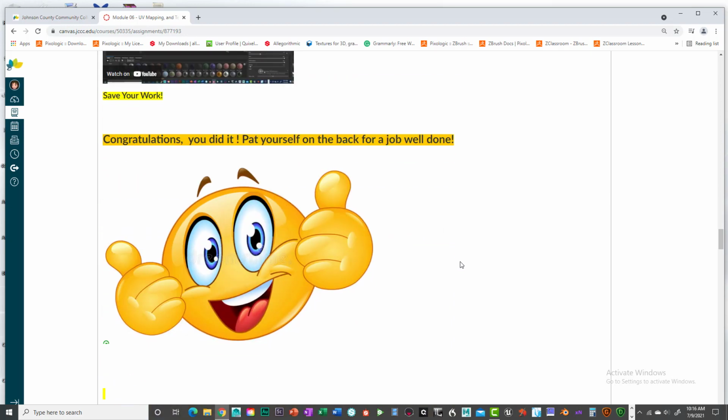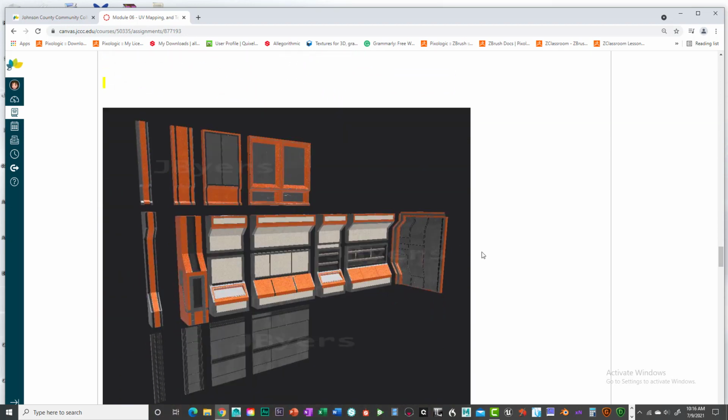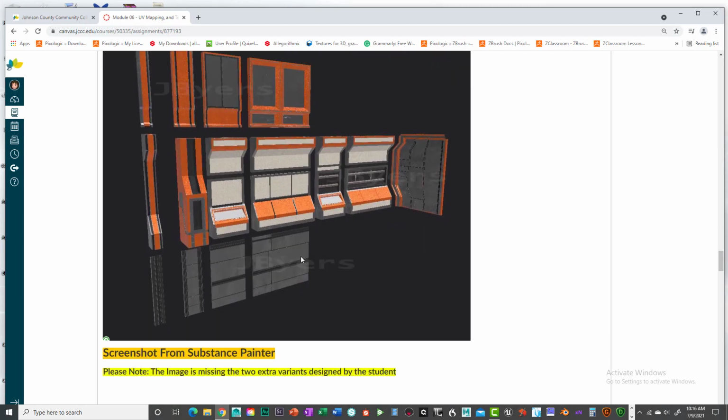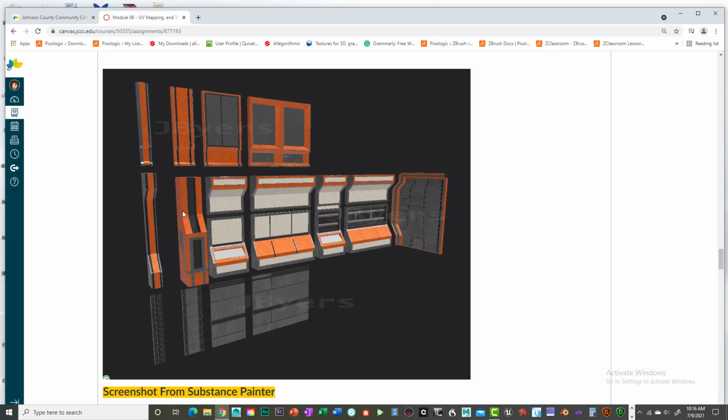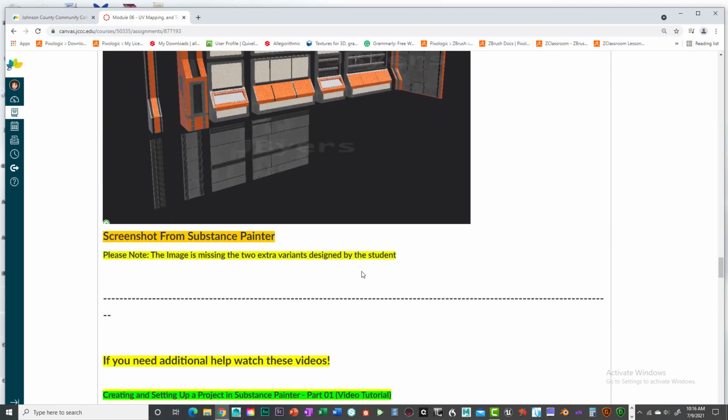Okay? And then I congratulate you with your hard work, and this is my example without any detail on there. You can see that it's just clear, it's a clean slate. So please feel free to add detail. I really want you guys to. Not necessarily on the top or the bottom, but just think about adding more detail on these pieces here. So with that said,